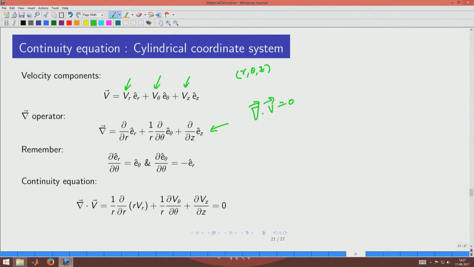Now, when we write like this, we are actually going to have each of these operators act on each of those elements. Now, when you do that in rectangular coordinate system, whenever you encounter something like this, and there is some quantity in this manner, then you know that this and this do not act on each other, that will be 0. But in this case, we do not have that luxury, because the cylindrical coordinate system is a little different. So, let me just illustrate what I mean by that. So, let us look at this.